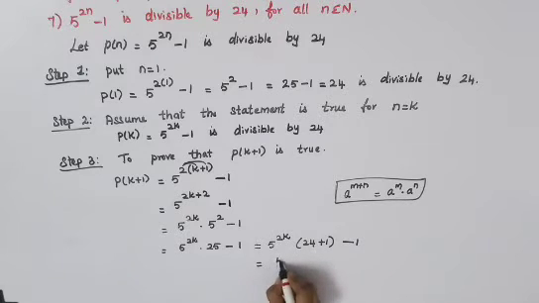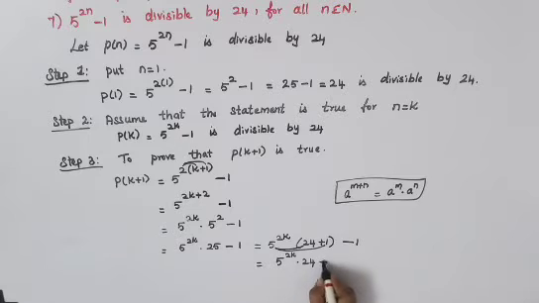So which is equal to, just multiply this 5 power 2k here and here. So you will get 5 power 2k into 24. This plus is there as it is. Again 5 power 2k into 1 is 5 power 2k. Then minus 1. Now this is first term is already into 24 we have got it. So you can declare that as divisible by 24. For that only we are replacing 24, okay. So if you get a multiplication of 24, that number will be divisible by 24.